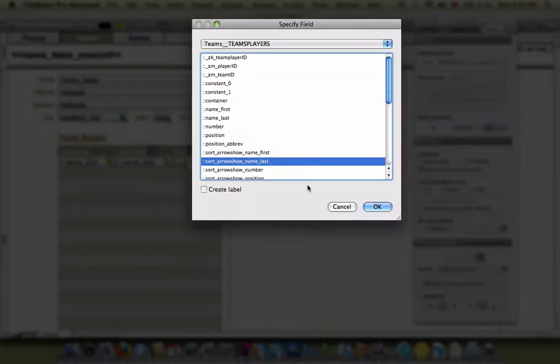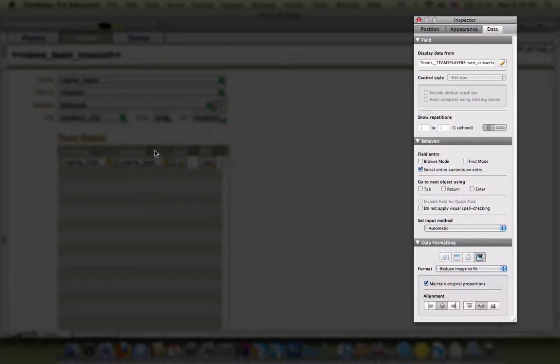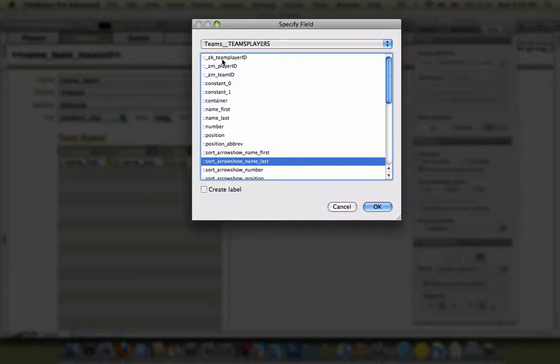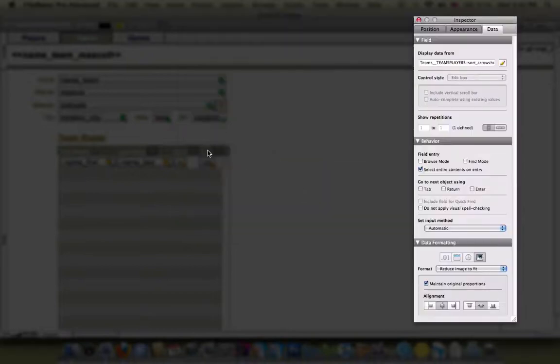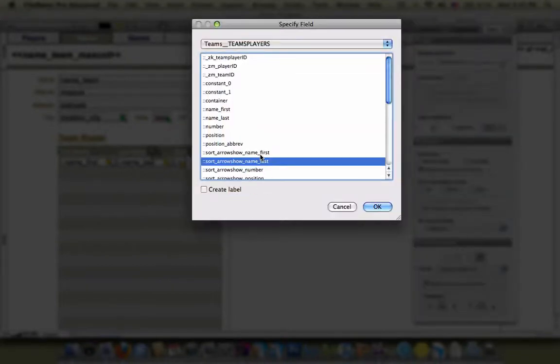I've added these fields already to the last name, number, and position, and so let's just go ahead and look at those now. You can see when I double click on that it pulls up a field on the related table called sort arrow show name last. Similarly, there's going to be sort arrow show number, sort arrow show position, and if I add my first name